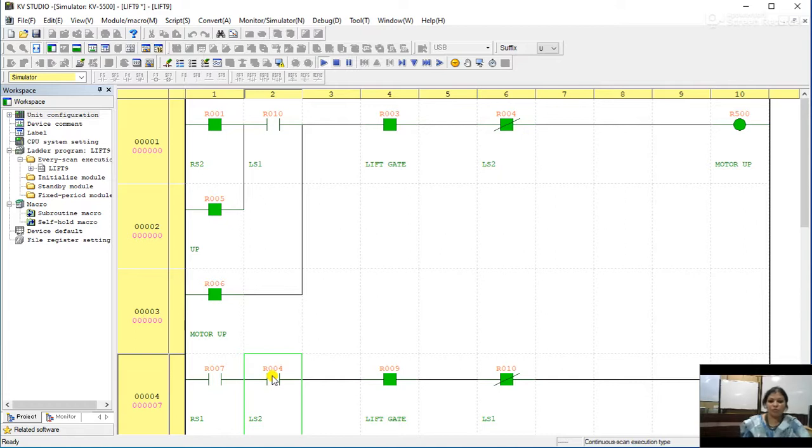So this is how it works, vice versa, depending upon the limit switch position in the first rung and second rung. So make sure that when the lift leaves the position of the ground floor, it moves to the second floor. When LS2 leaves the position of the second floor, it moves towards the ground floor. This is how the lift control operation takes place.